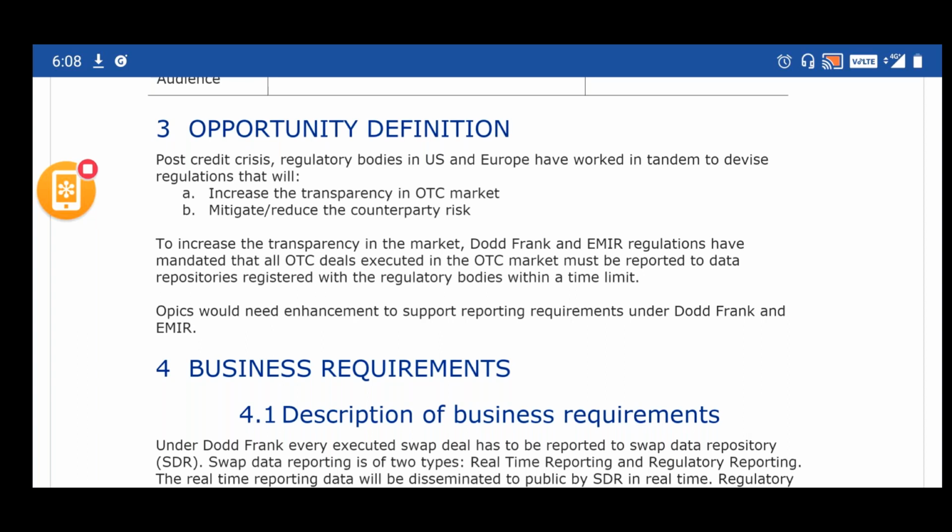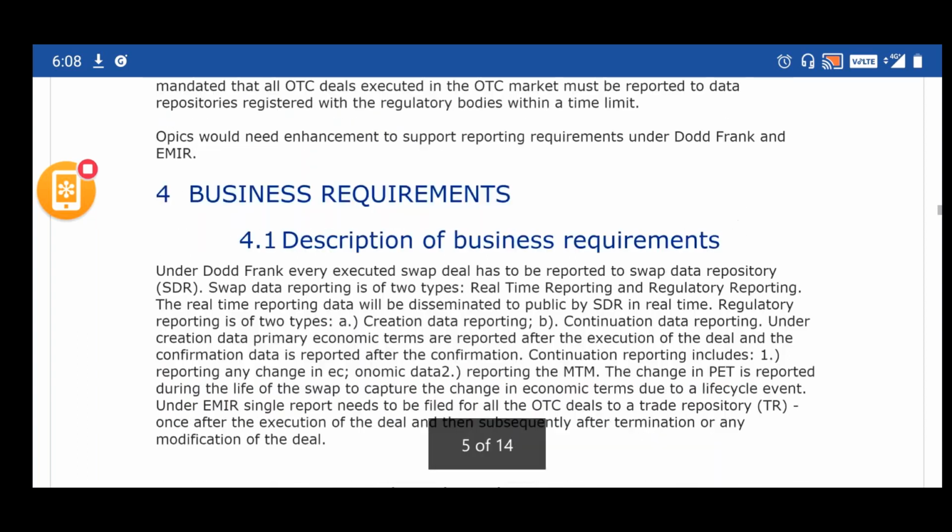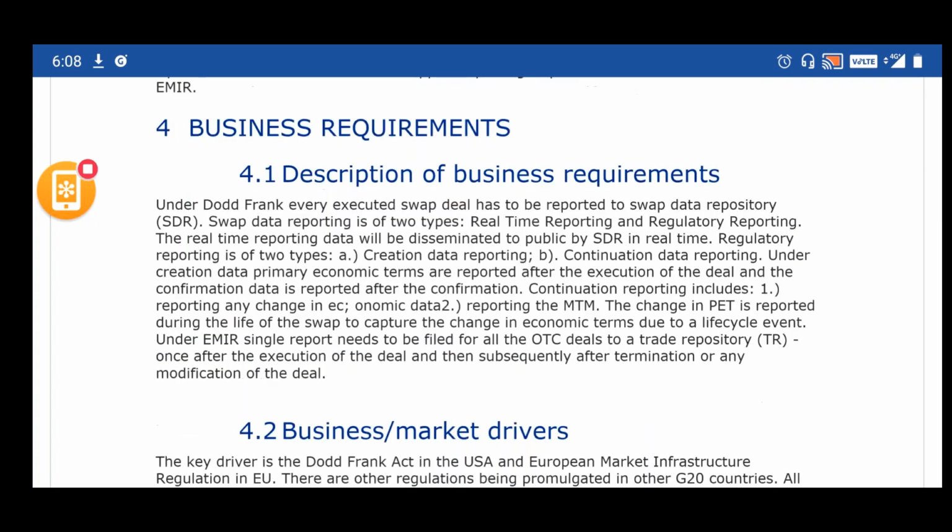Then we have the business requirement. Under this section you have the description of the business requirement. There is a set of business requirements in the earlier documentation, and this is literally a continuation document to that one.